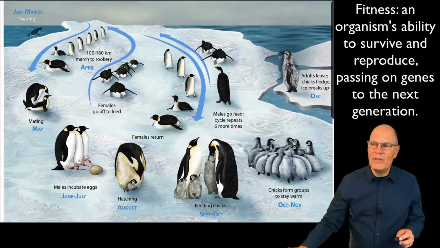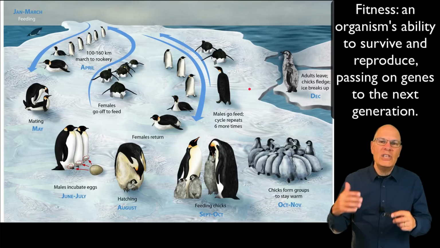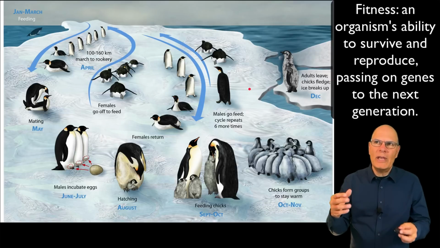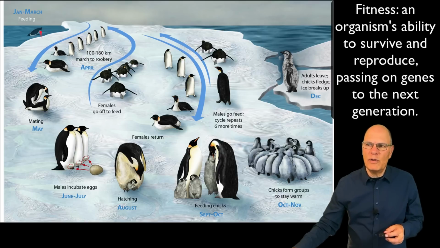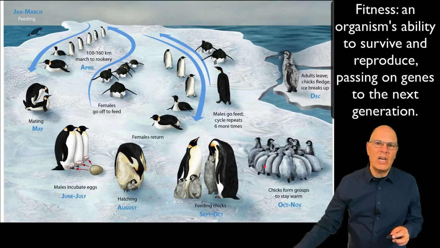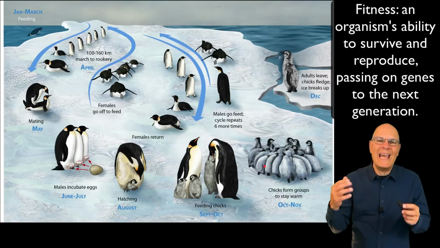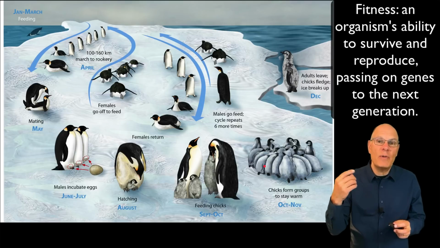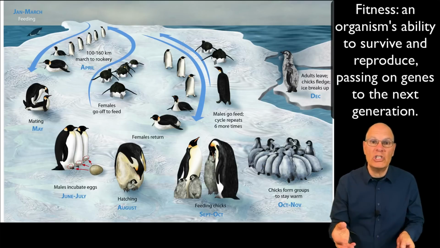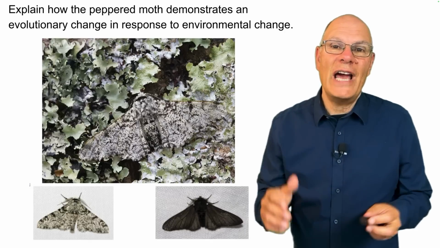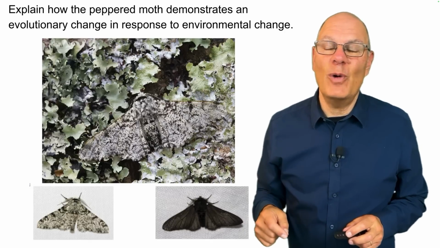And the reason why I have this montage of penguin life is just to indicate that it is something that emerges at every level of the life cycle. When the penguins are feeding, when they're doing their march inland, when they're breeding, when they're juveniles huddling together. There's fitness at every single stage, and fitness throughout the life cycle is what enables genes to be passed on to the next generation. To end this discussion of all types of selection, we're going to look at this question: